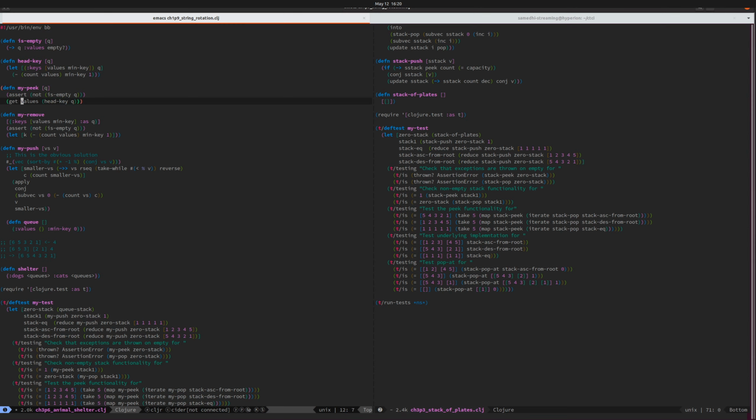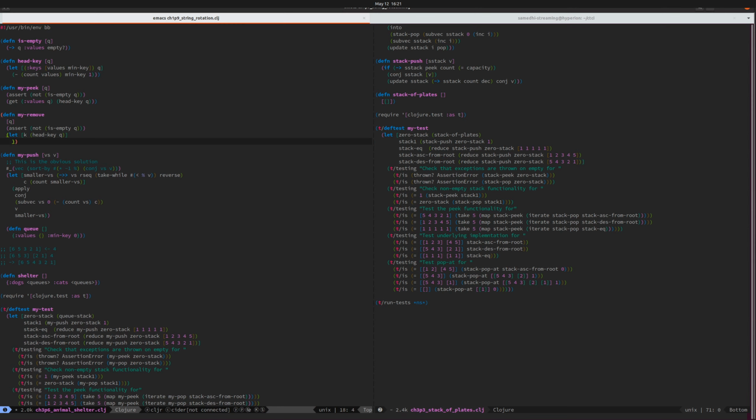Get from values. I guess we do need values, so get from the values of q the head key of q. That's for peek. For remove, we just need to get the head key of q. I think we're fine with this now. Let's think about this. Now that we know what the head key is, actually, we don't really care what the head key is that much, do we? For remove, because all we're going to do is